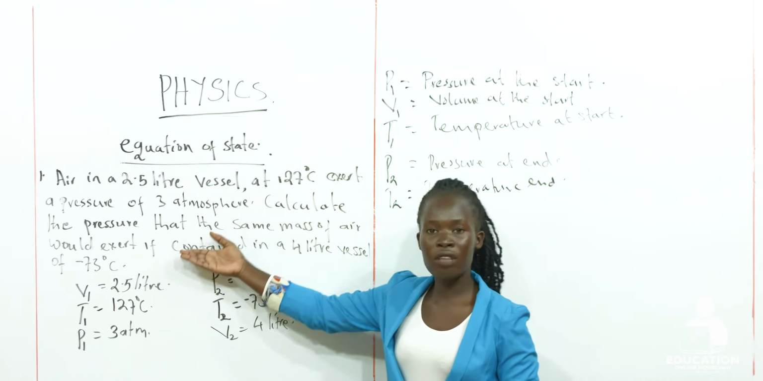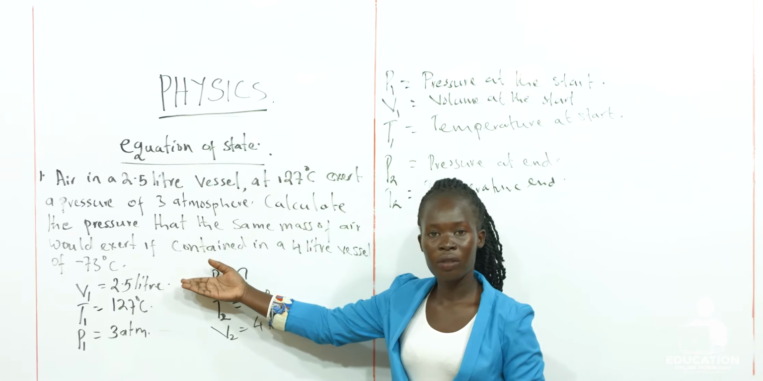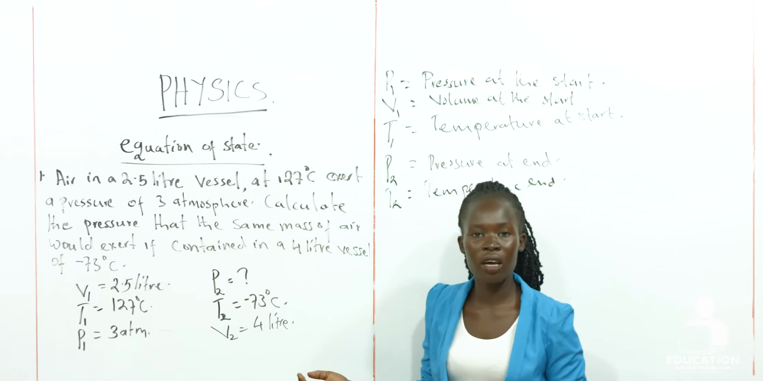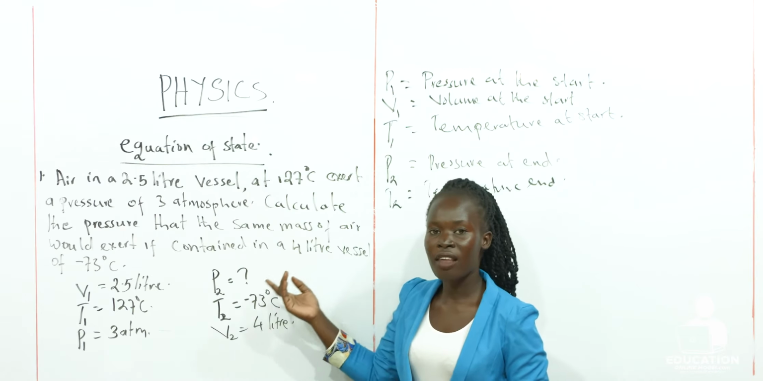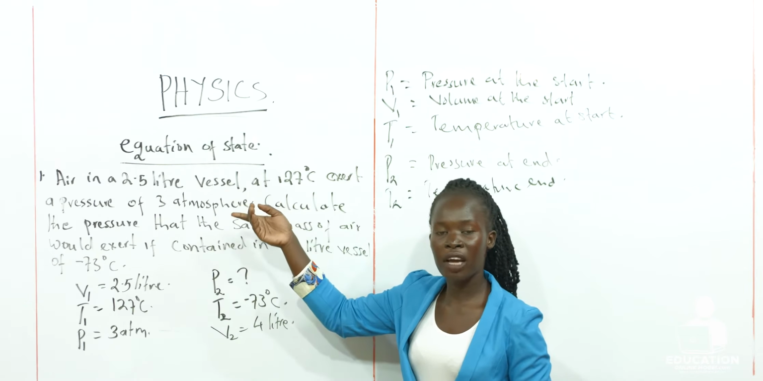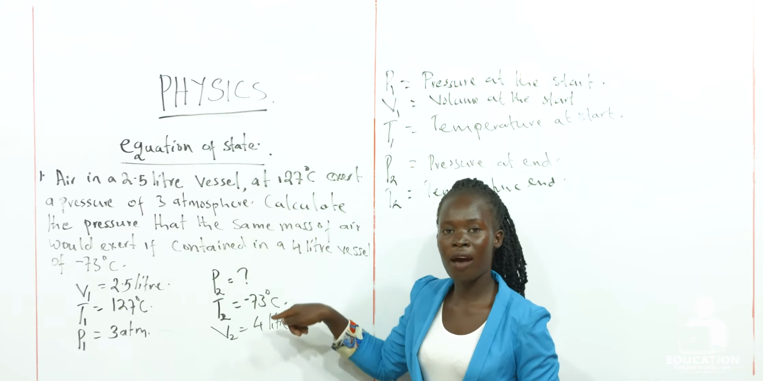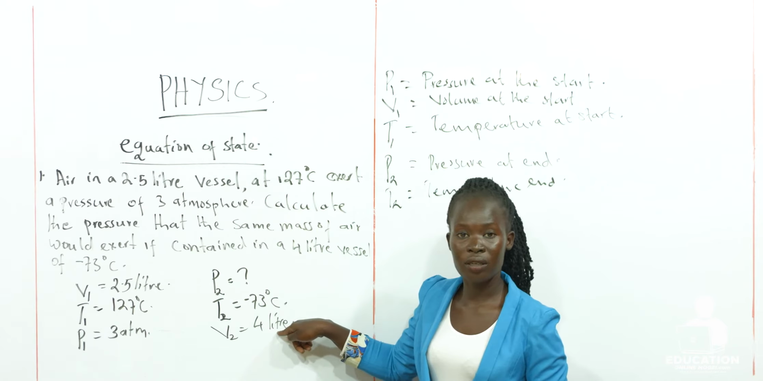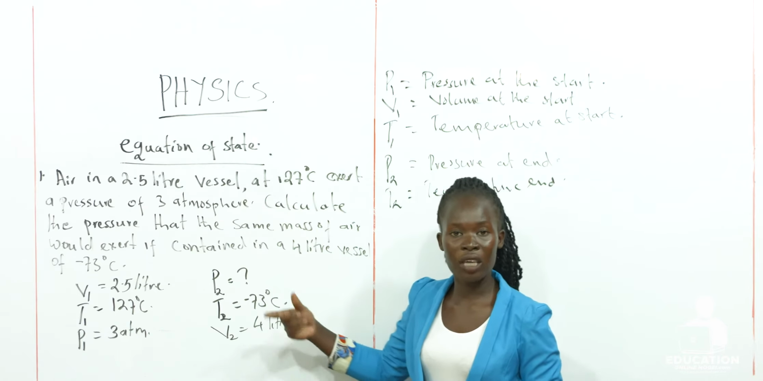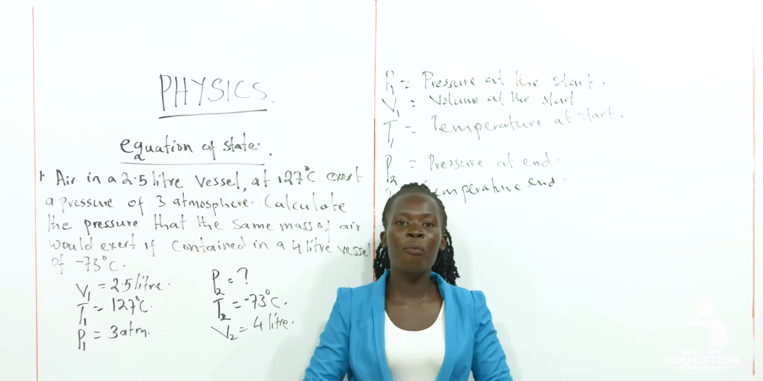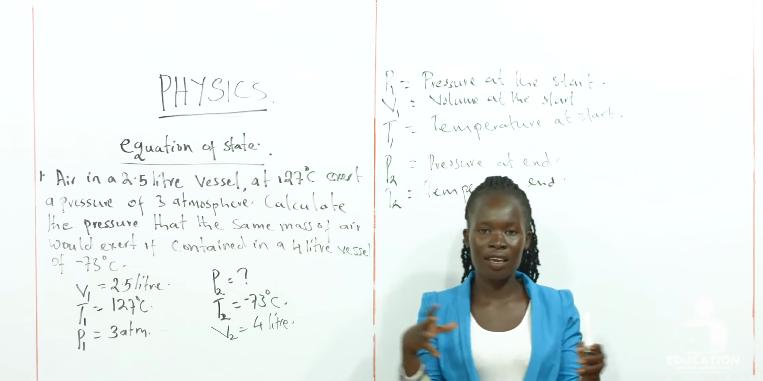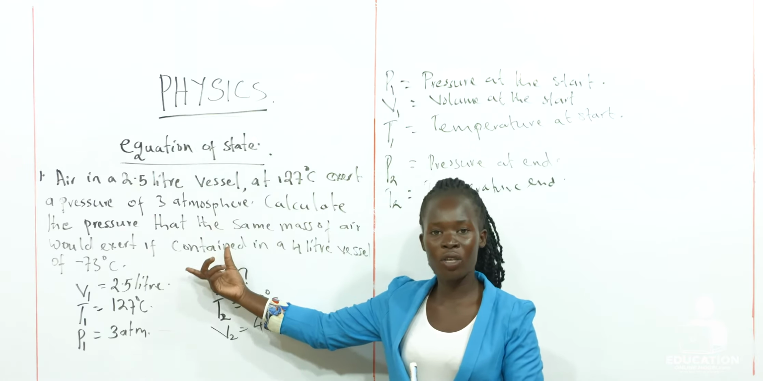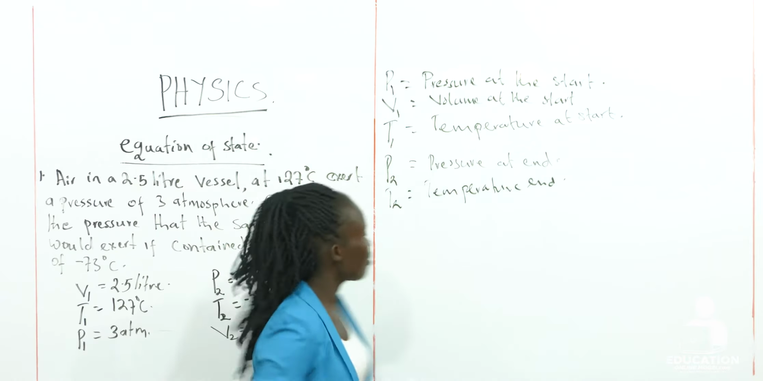We cannot also use the pressure law, because the pressure law tells us the volume should be kept constant. But look at our question. The volume at first was 2.5 liters, and then we have a volume of 4 liters. So there was alteration of the volume, so we cannot apply that. But then we can combine all the 3 laws to work out our question here. So that is the equation of state,